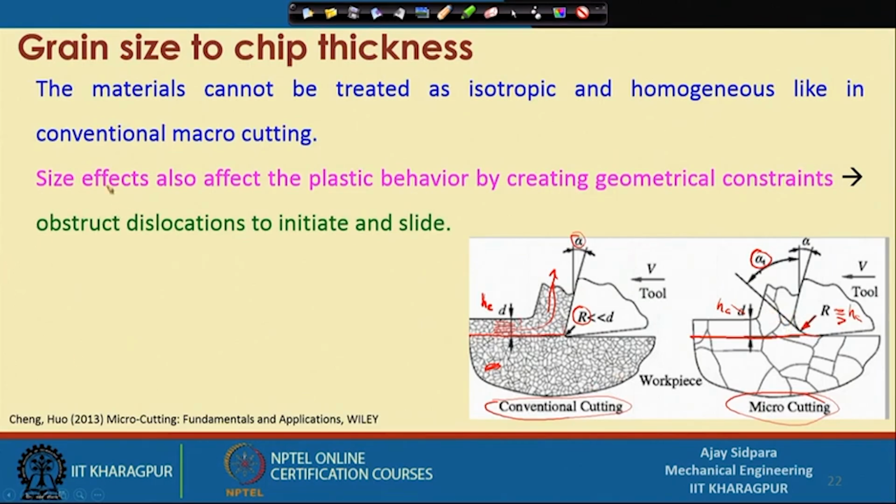So, what does the size effect tell us? The size effect also affects the plastic behavior by creating geometrical constraints. Those obstruct the dislocation from initiating and sliding. So, we are not able to get one particular dislocation. Dislocation means the defects through which the material will be removed, or the cutting will initiate, or the crack propagation will initiate. But that is difficult to find here, because now we are looking at individual grains,